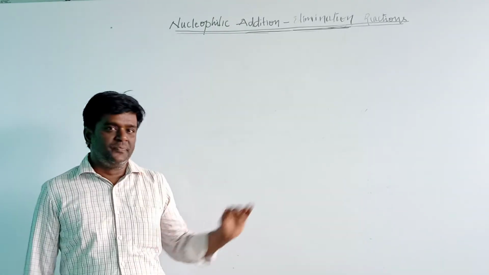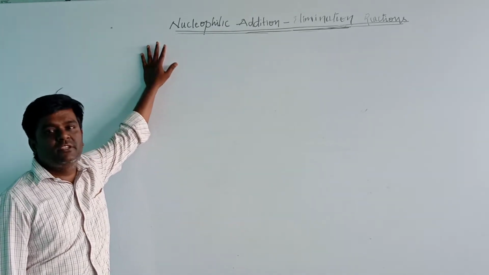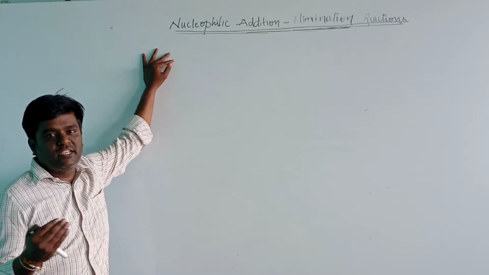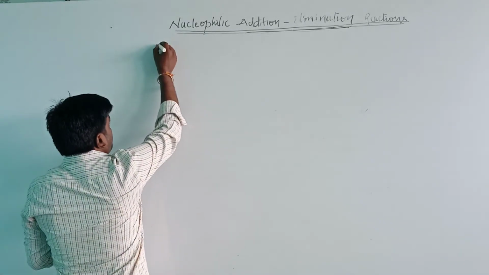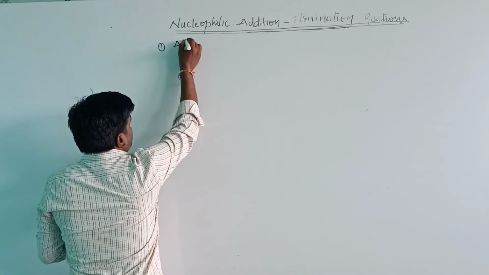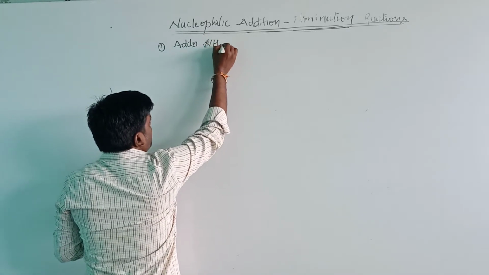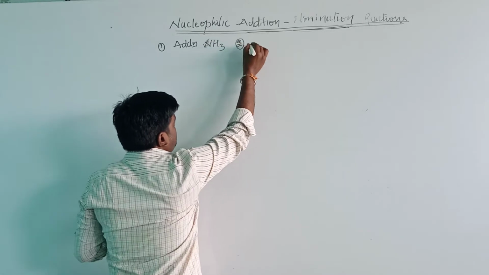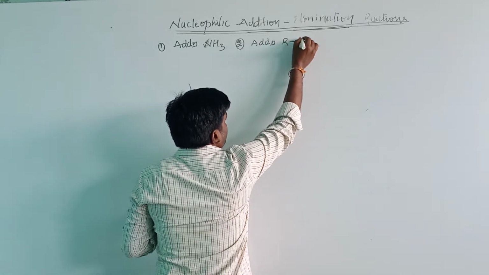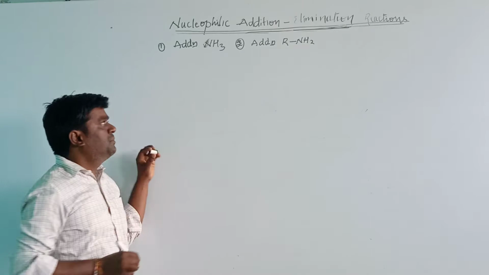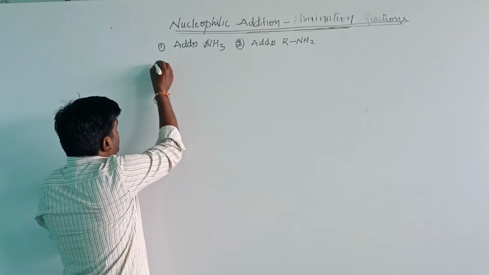Good morning, students. Today we are discussing nucleophilic addition and then elimination reactions for the aldehydes and ketones. Already we have taken two examples. That is first one, addition of ammonia, that is NH3. Second one, addition of alkyl amine, that is RNH2. These two examples we have seen in the last class, and in today's class we will see the third one,